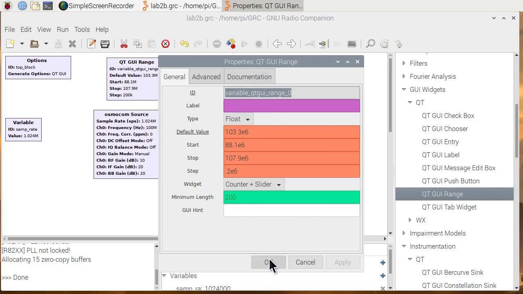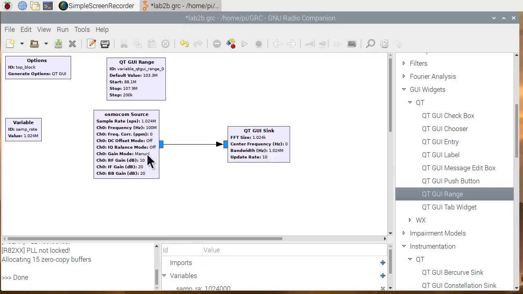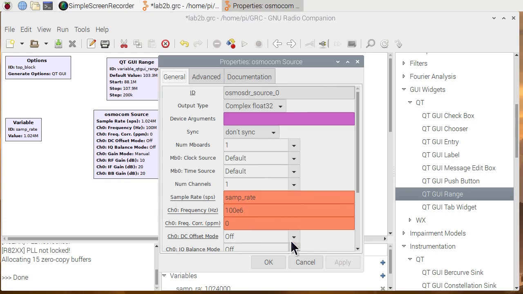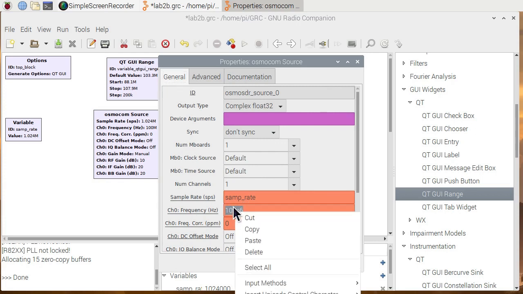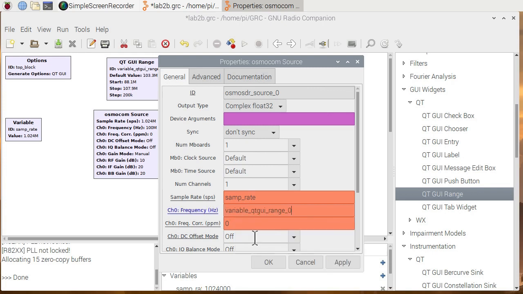Okay. Recover from accidentally deleting that. Now we're going to go into this, and where we have frequency 100 megahertz, we're going to swipe that, and we're going to right click, and we're going to paste. Now that variable name is there. We go ahead and hit OK,